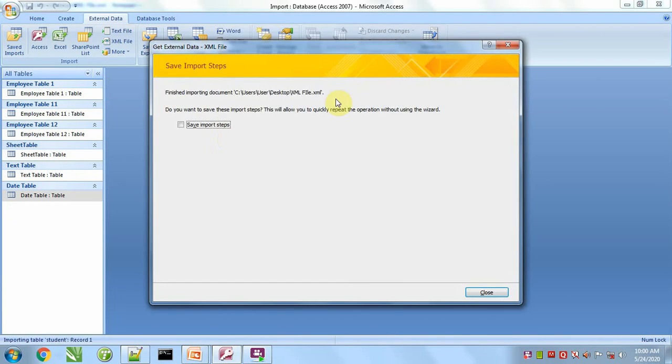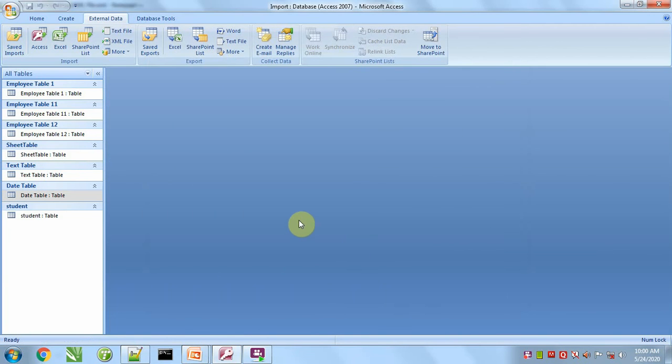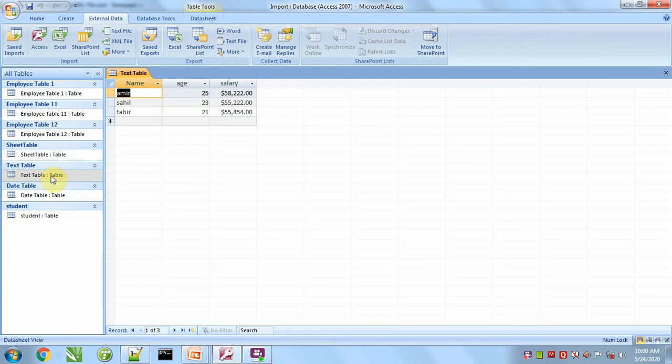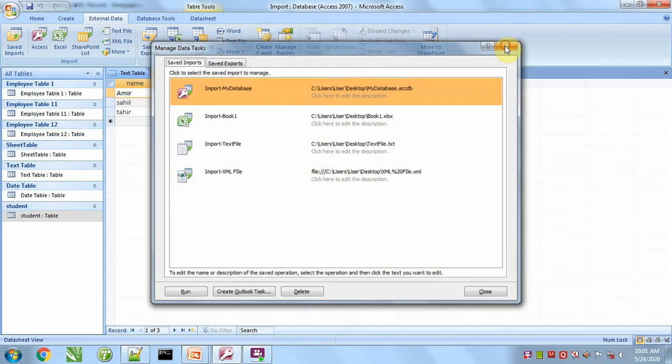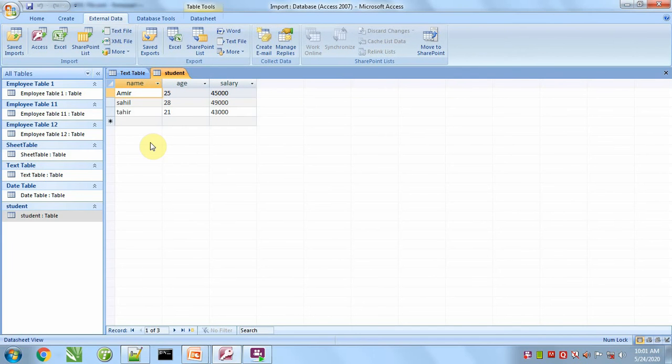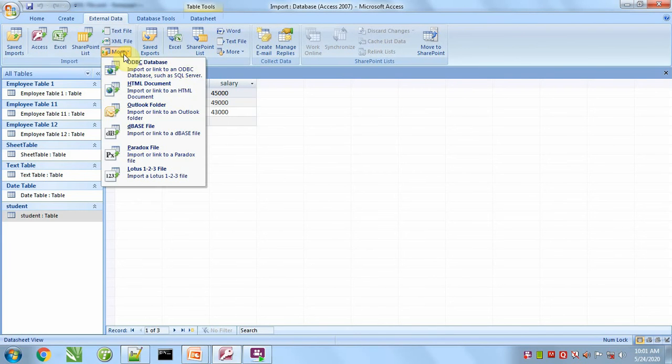Select this table. Student table, sorry. Student table. And these are the steps. So like this we can import data from an XML file also.